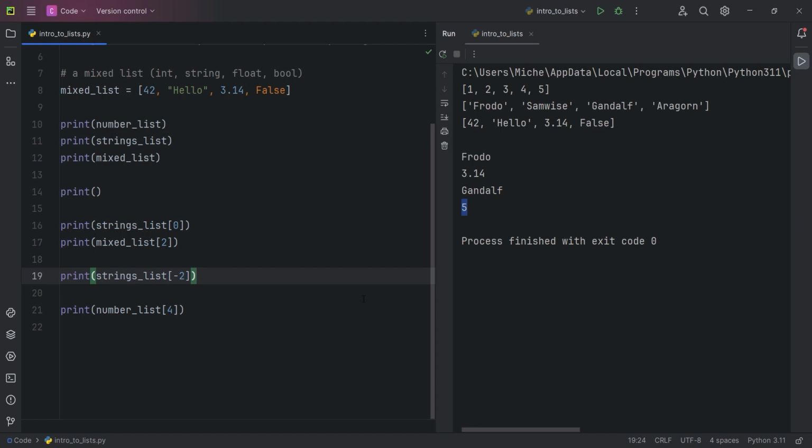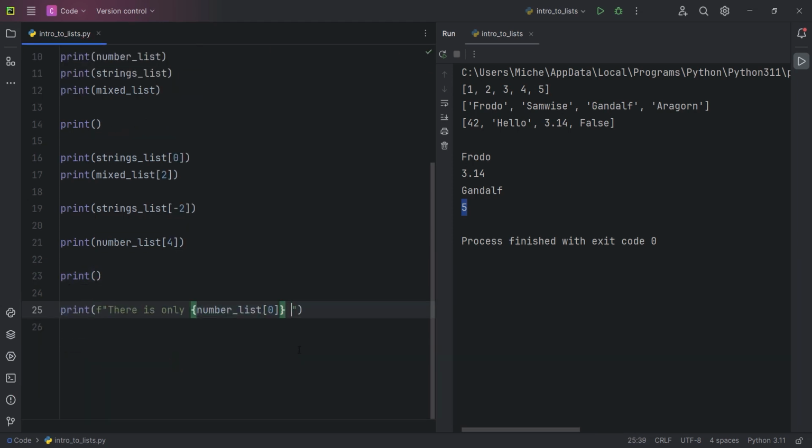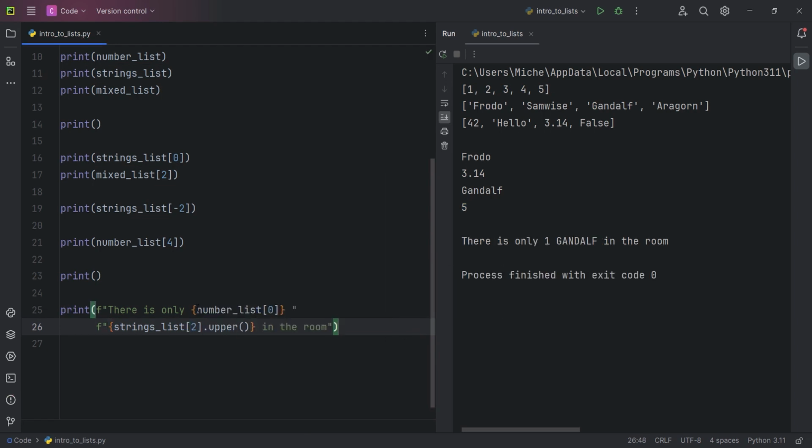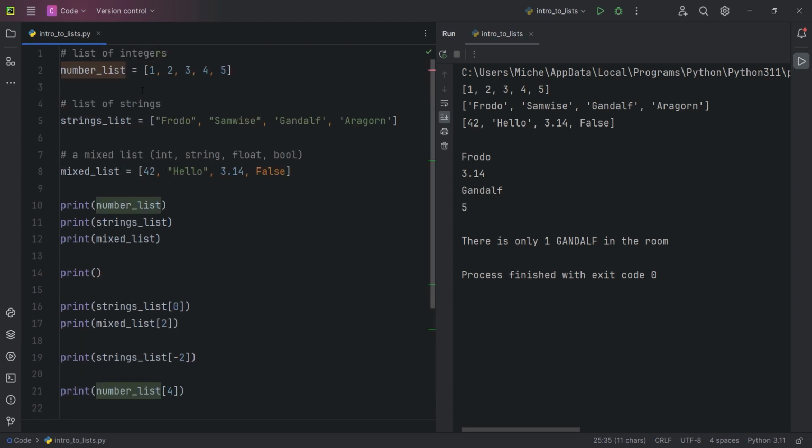And finally, we can use the values that we get from these indexes as any other variable. As you can see, what I did right here is I used f strings. Again, if you're not familiar with f strings, watch the previous video. Then I accessed the number using the index number 0 at the numbers list, which is